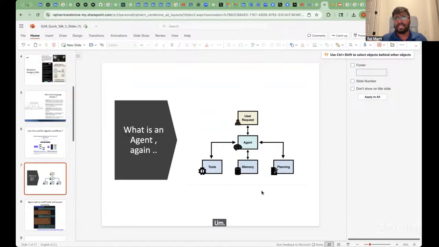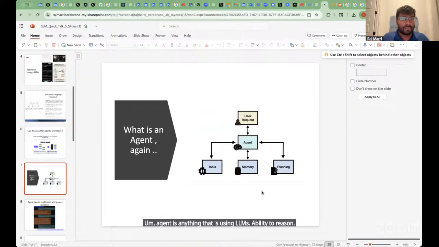An agent is anything that is using an LLM's ability to reason, an LLM's ability to plan, and perform specific tasks for you. So imagine ChatGPT as of now. I think if anyone has already used agent mode in ChatGPT, that's well and good. If you haven't used agent mode,